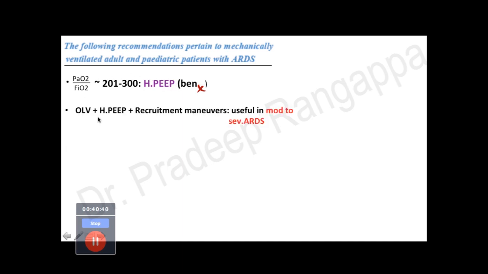So open lung ventilation plus high PEEP plus recruitment maneuver could be considered where you are pushed to the wall and you are not able to achieve normoxemia, or you have refractory hypoxemia. Recruitment maneuvers could be considered, but routine use is still to be investigated whether it's of any benefit in COVID-19